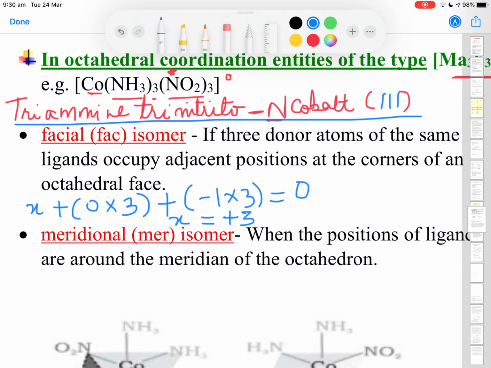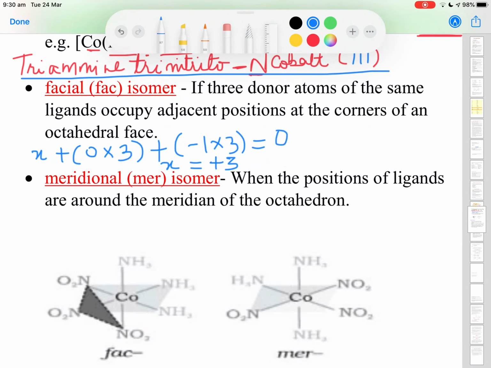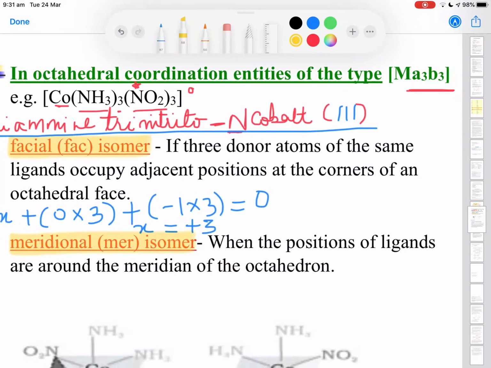Hopefully you are thorough with it. Okay, fine. Now in such type of complexes, we don't use the term cis and trans. Make a note of it. We don't use the term cis and trans. Indeed, we have the terms facial isomer and meridional isomer. So FAC and MER are the two conventions which are used for such type of complexes which are in the form of